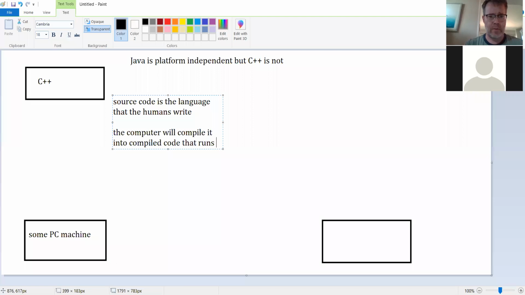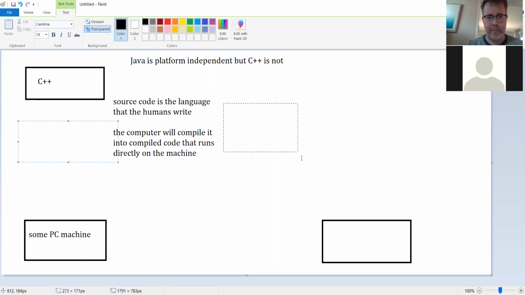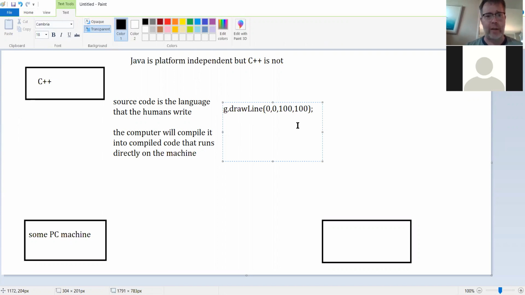That runs directly on the machine. Okay, so I write something in C++, for example, I call some method like g.draw line 0, 0, 100, 100, right? Suppose I call some function that's going to draw a line on the screen. In C++, that little code statement there is going to be compiled to particular graphics addresses on that particular machine configuration. Okay, so if I want to change that, once I write the code and compile it,